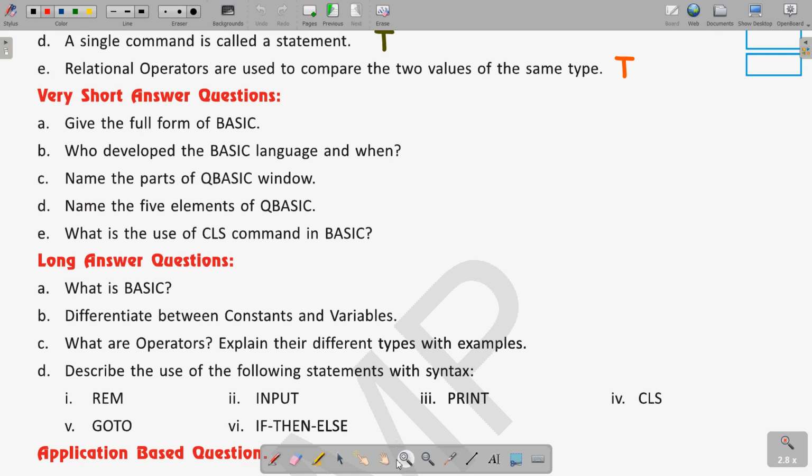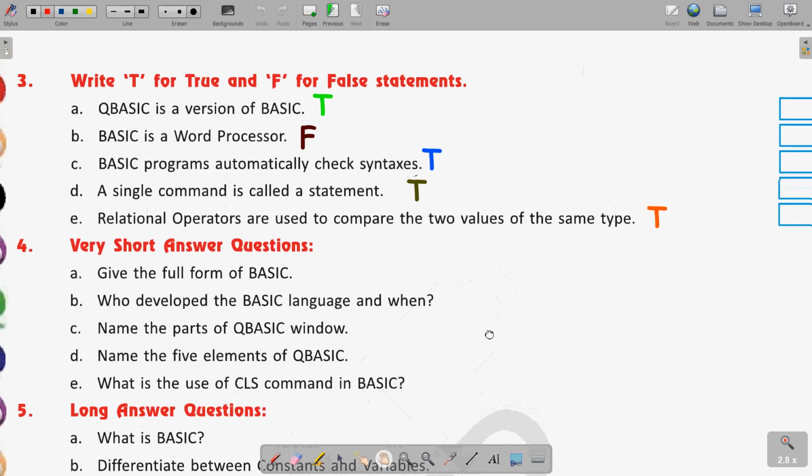Here it is written. All the answers we have already discussed in the previous classes also. First, QBasic is a version of BASIC. It is a true statement. Then, BASIC is a word processor.